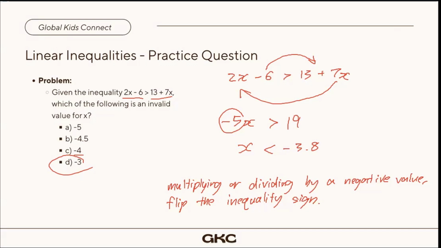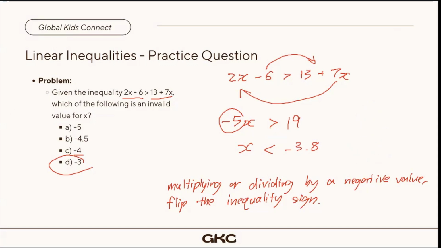And so when we have a greater than, like here, if we flip it, we get a less than. But for example, if we had a greater than or equal to, and then we did the same thing, either divide or multiply by a negative number, we then get smaller than or equal to. So make sure to remember these relationships when flipping. And then another key thing to remember is